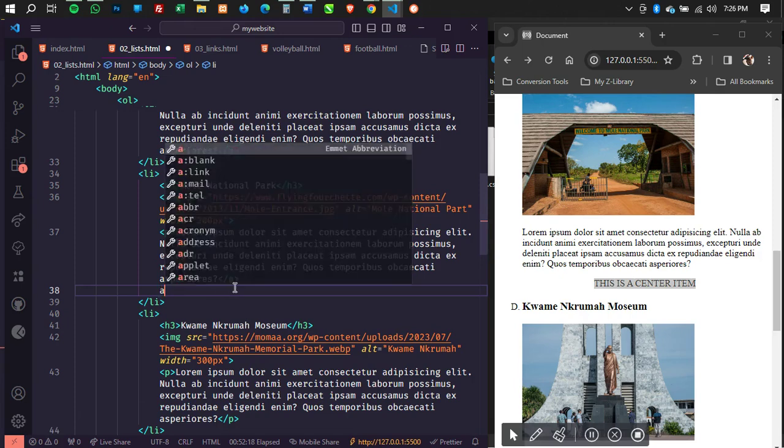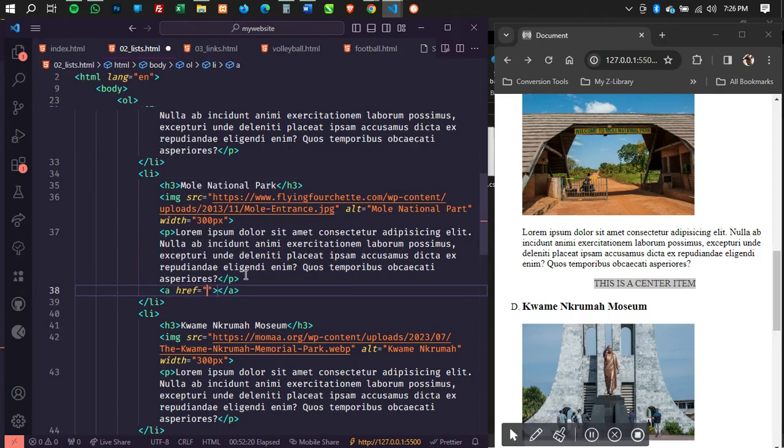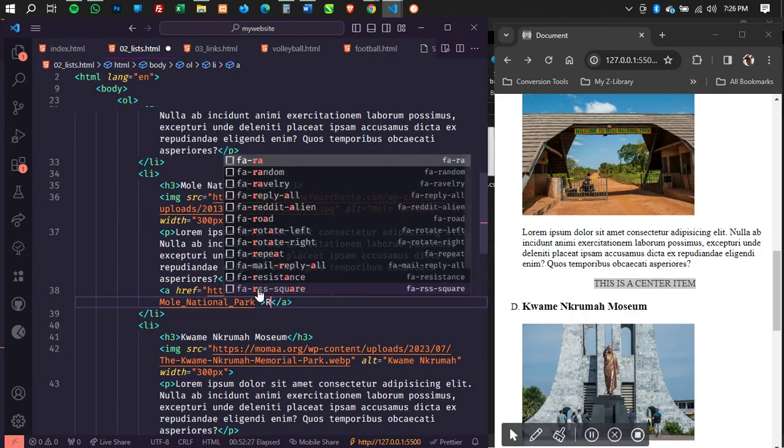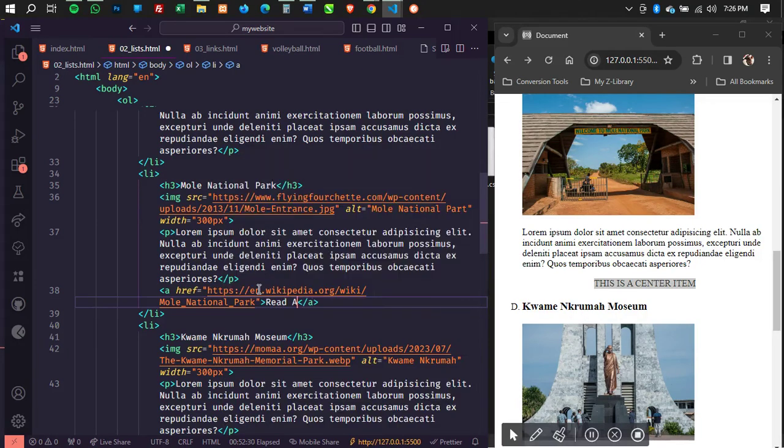Let's add our anchor link. And so I was saying that what I want to achieve over here is that I will add a link, right? Read about Mole National Park. So I've added my link over here. And what I want to do is when you click on this link, it should take you to the Wikipedia page. So you realize that I have my working space, right? My website which I'm working on right now.